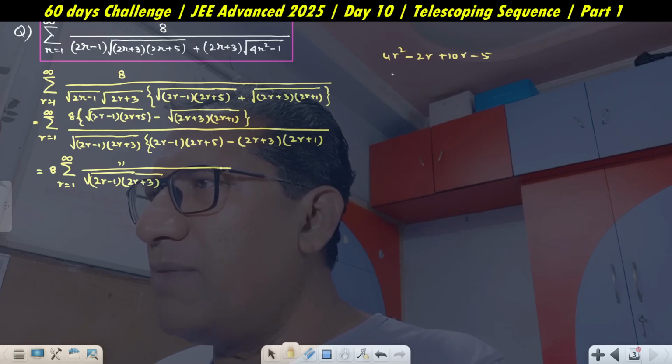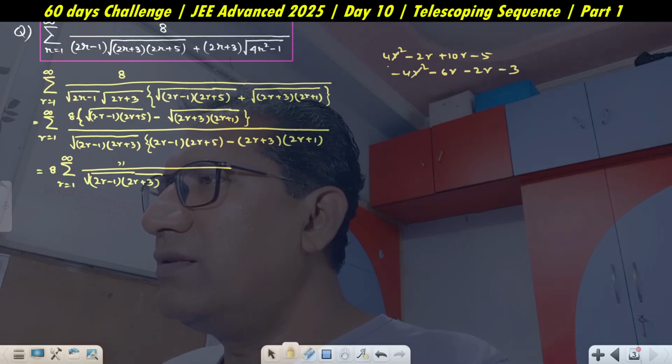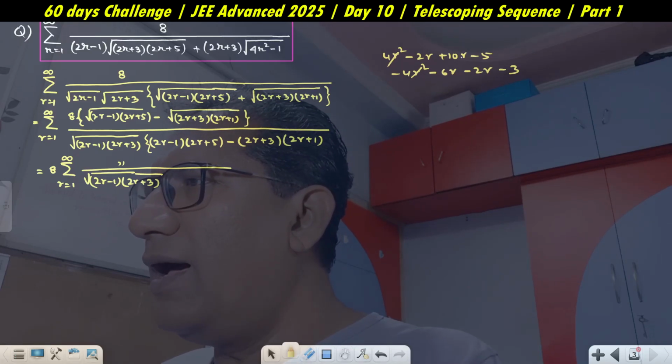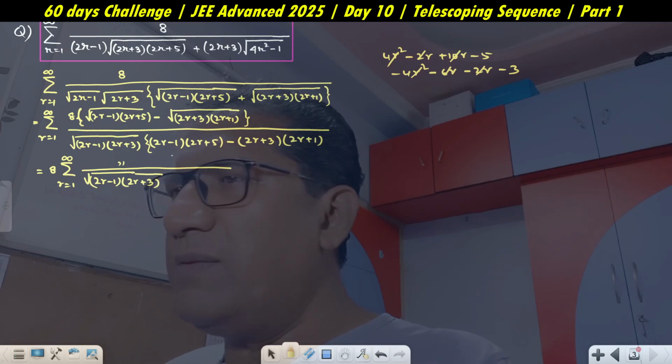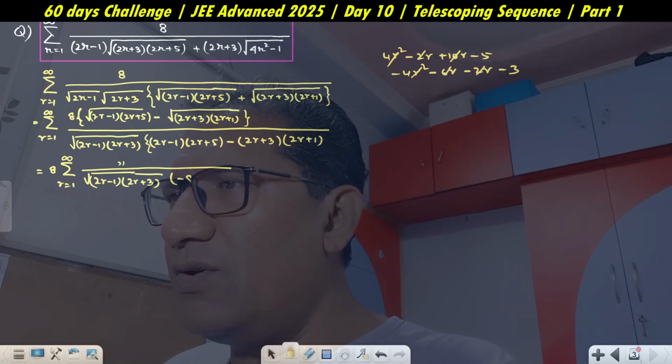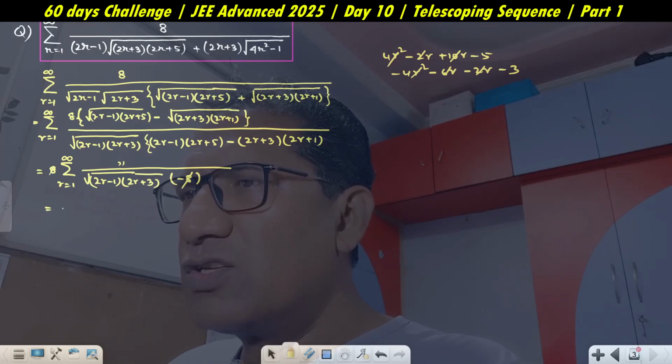And here it will be minus 4r square minus 6r minus 2r minus 3. This goes off. And here we are having 6, 7, 8, 9, 10. Okay, this also goes off. So we are left with minus 8. Okay. So now this 8 and this 8 will go off. So we are left with